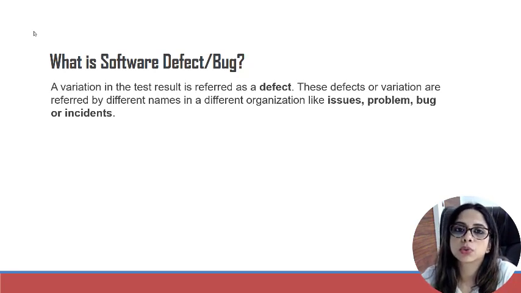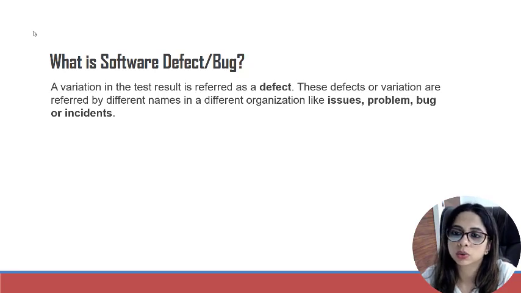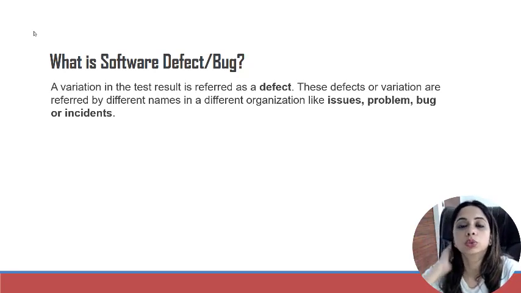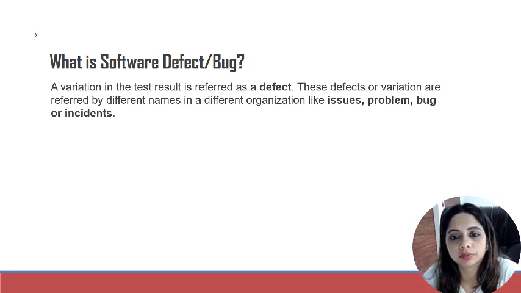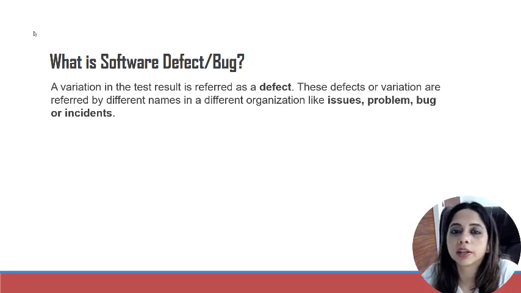Once it is resolved, you have to retest it and make sure that the bug has been fixed, and you have to close the bug. If while retesting you see that the bug is still not fixed or it's still open, then in that case you need to reopen the bug. So there is a bug life cycle, which we need to discuss and understand. We will be talking about bug life cycle in our next session, but for now we have to understand defect